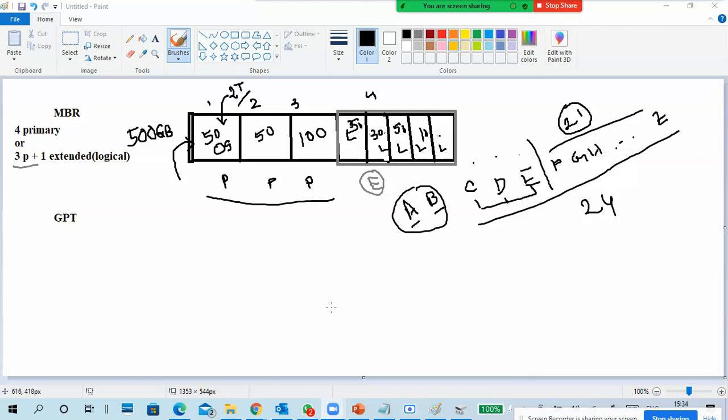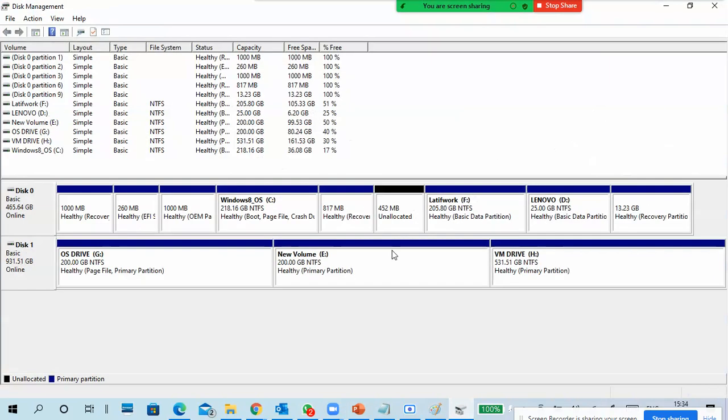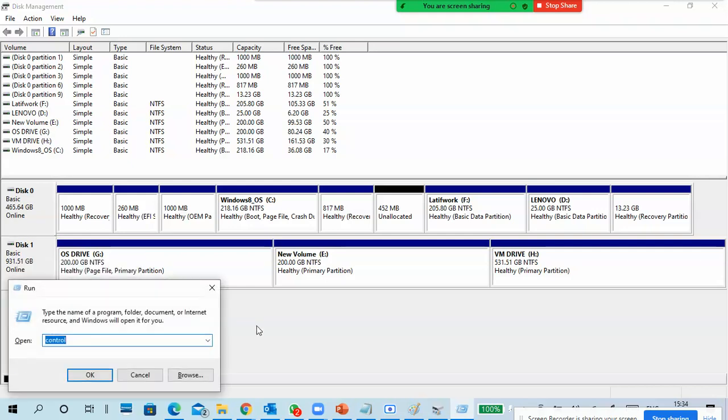Yeah, you can identify by going to Disk Management. You can go to Disk Management and identify whether it is a logical partition or not. If you want, I will show you also. This is my H drive, and this is MBR. That's why it is showing convert to GPT. I will also show you in a command prompt.